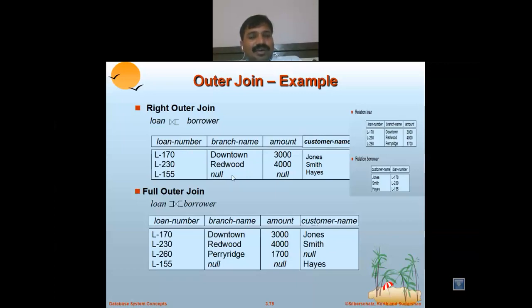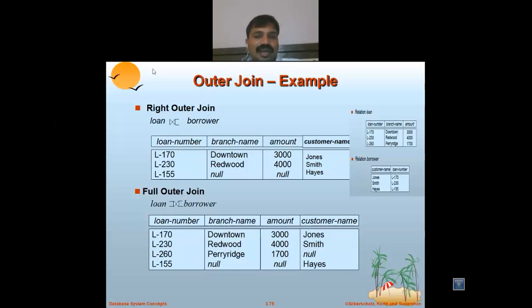So the value is not matched for the branch name, null. So this record is not matched. So in that case it is a non-null. So it is called a right outer join. All records from the right side table and also those which are matched with the left side table. So in this case, those which are not matched, that time the result will be displayed as a predicted null value. So in this case use the right outer join. Full outer join is nothing but all records of the left side, also records of the left side.